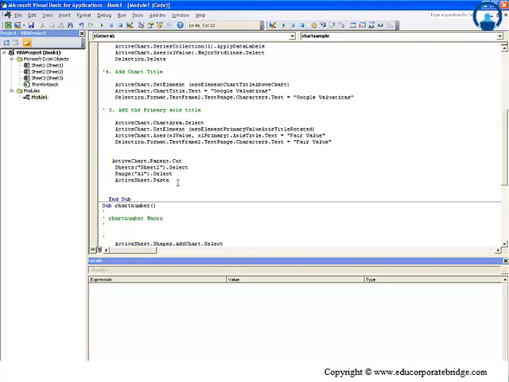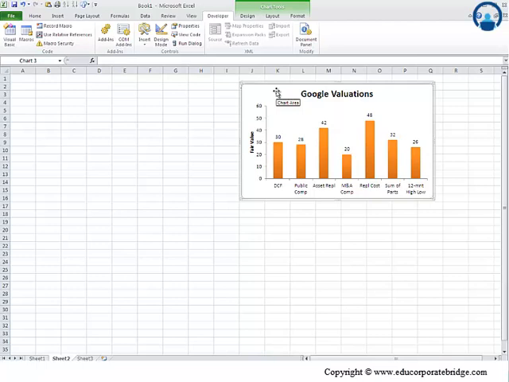Now let us take another step ahead and add another level of customization. Say for example I want to move this chart to a new sheet, but